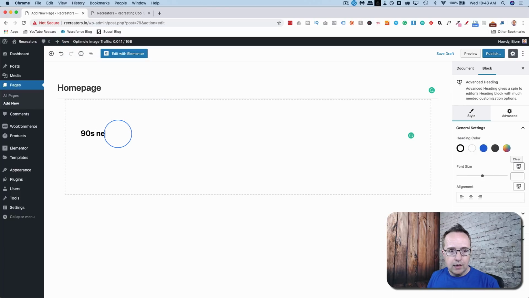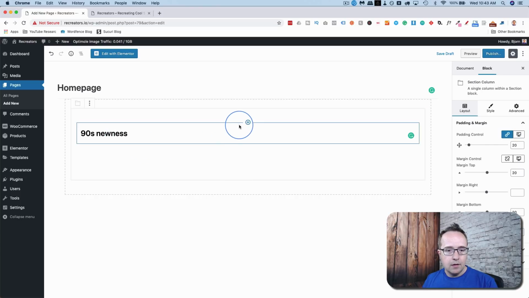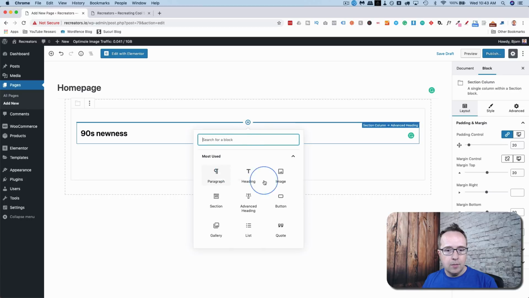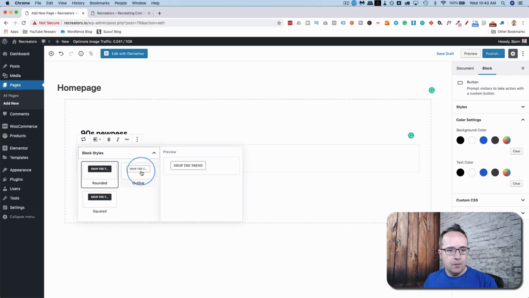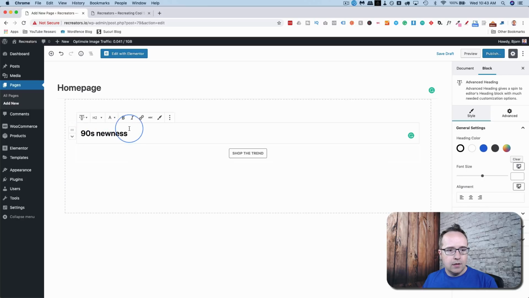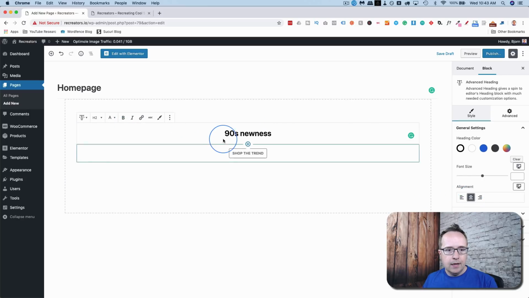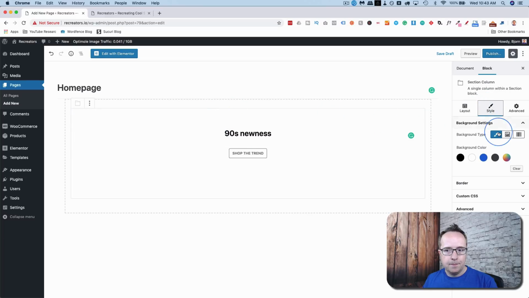Going to call this 90s newness. Then I'm going to add a button, and I'm going to make the link just a hashtag. The button text will be shop the trend, and the button style will be this one. Center it, center the headline, add a background to the section by going to Style, Background Type, Image, choose a background image